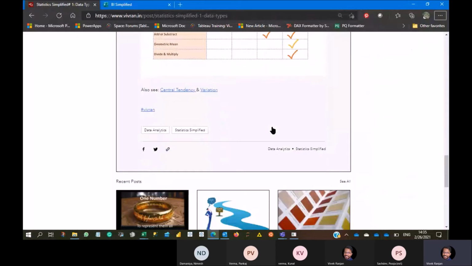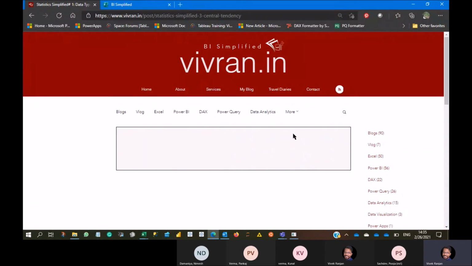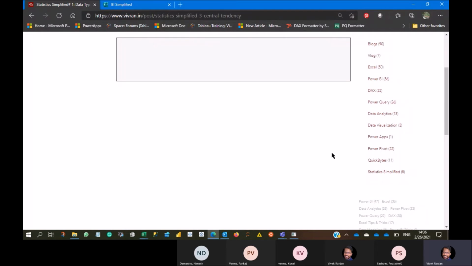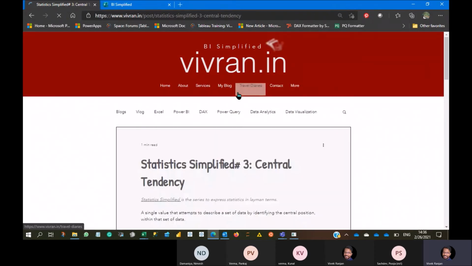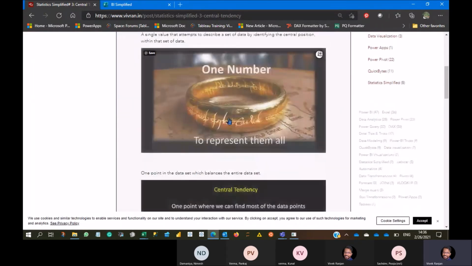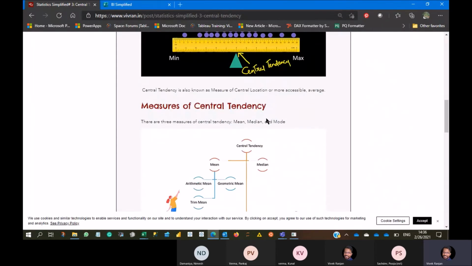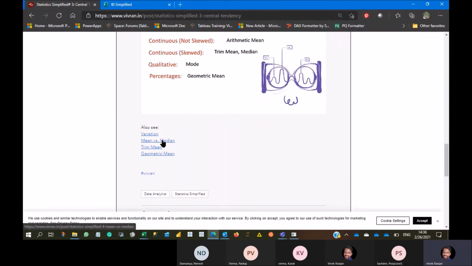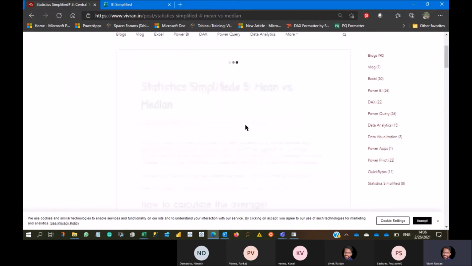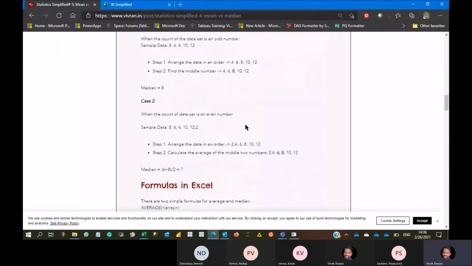And that's my general idea. So I've started the statistics simplified. There are some advanced tools and tests, but at the baseline level, there are only a few terms which you should be aware of, especially for senior management. They really don't care or they don't understand. So you should understand what a mean is and what a median is and where I should use what,